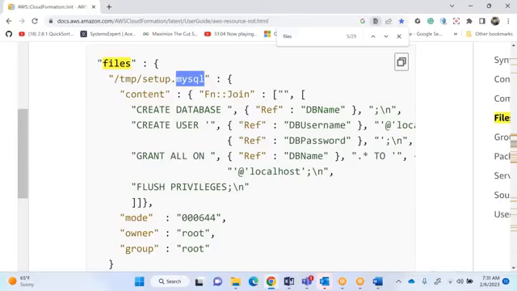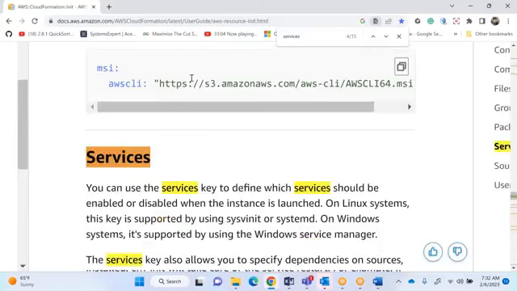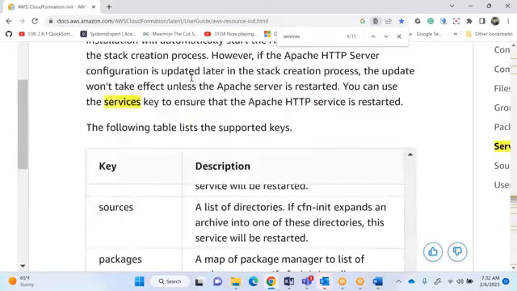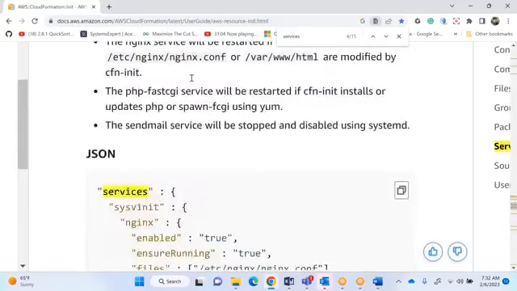I'll show you with some samples here. So configuration files are created, commands are created, commands will be running, all these things are there. Last one, you want to run the services. You want to run Apache service or anything, it is again a one-liner. You're not going to write anything. Simple, like you mentioned it.